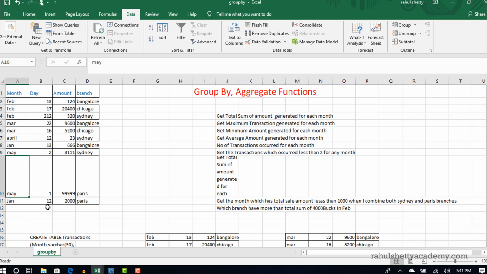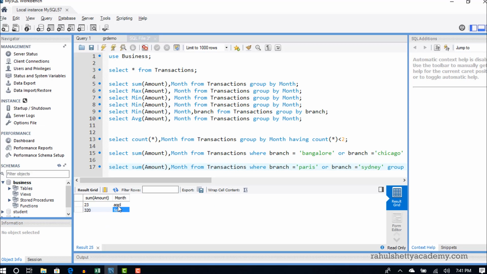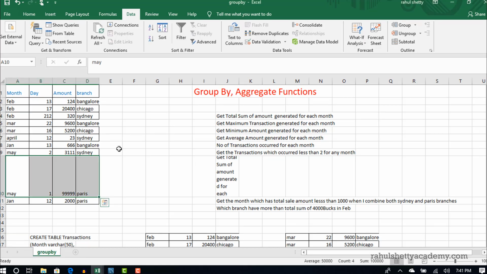Now May. In May, 99,000. I think the May record is not present here because it exceeds 1000. Let's see January. January 666 Bangalore, 2000 Paris. We eliminated Bangalore and Chicago, so this record is gone and we have only this record, but the sum is already exceeding 2000.